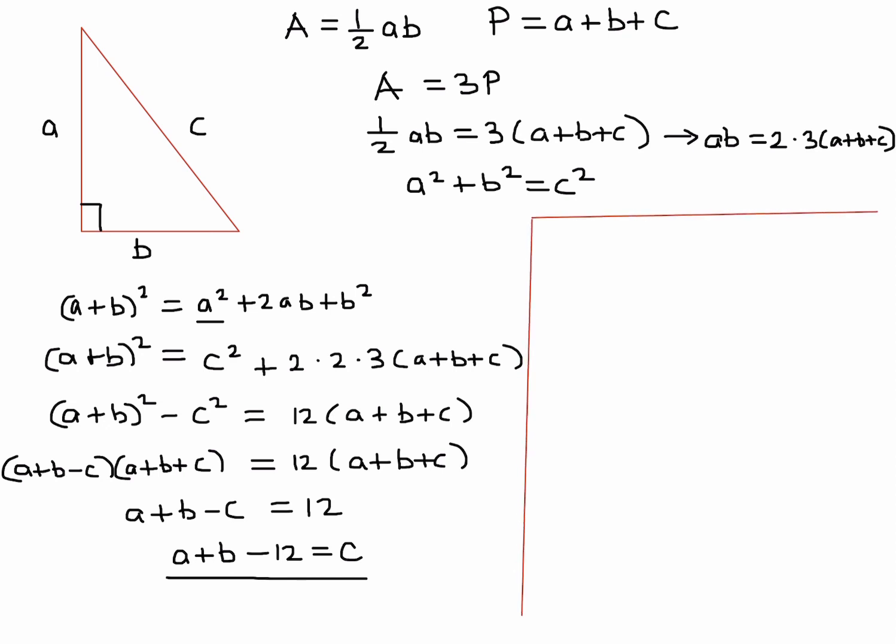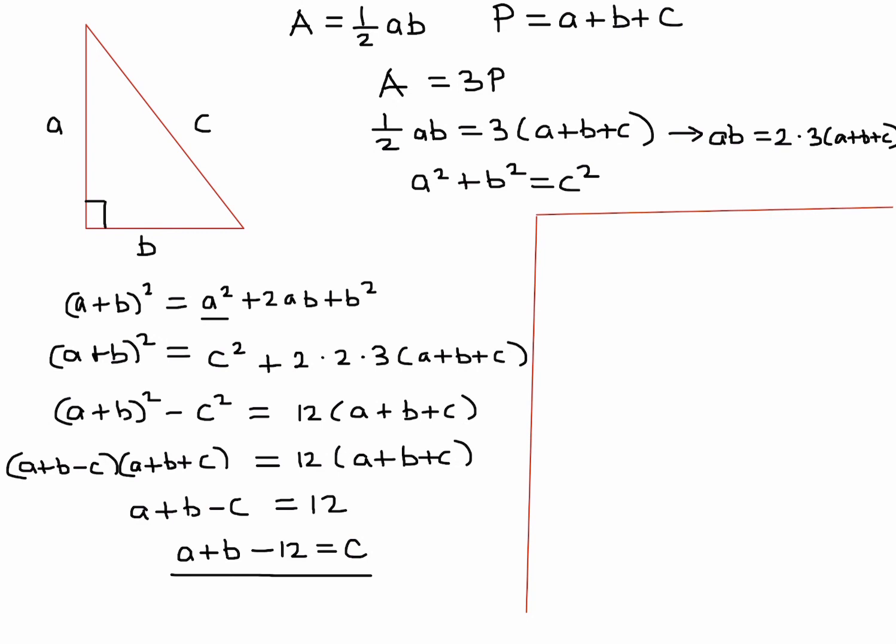All right, now let's get to the heart of the question. We have to figure out these triangles. How many of them are there? So to do that, I want to work really with this equation right here. That will allow me, hopefully, to figure out how many triangles there are. So I've got AB is equal to, I believe it was 6 times A plus B plus C. Correct? So that means we've got 6 times